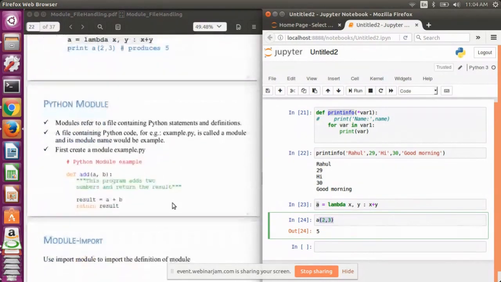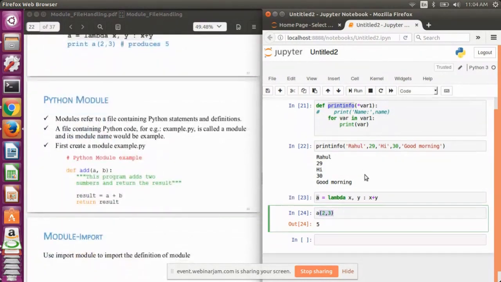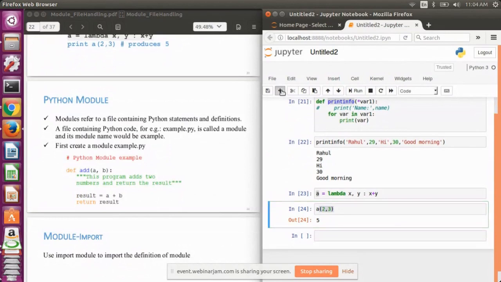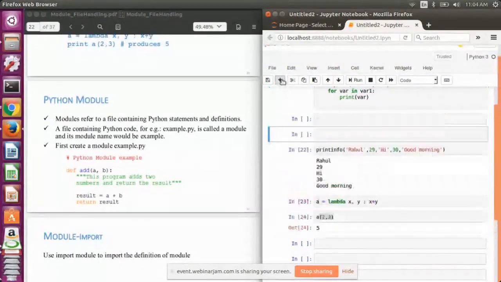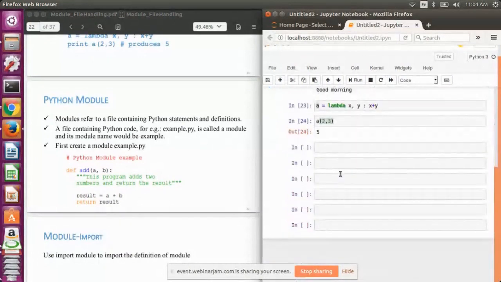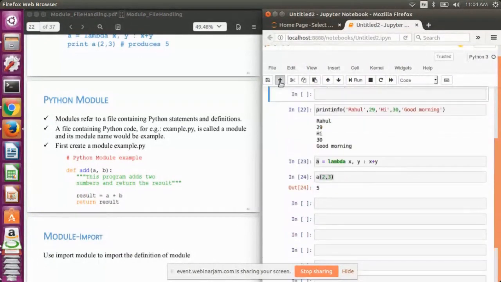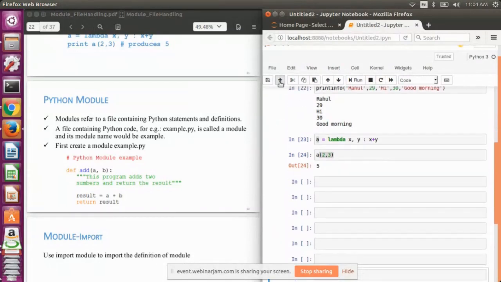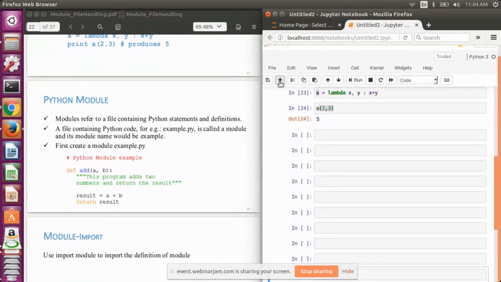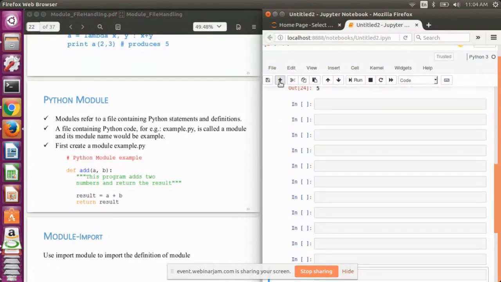Now the next thing is modules. What are modules? Modules are predefined libraries that we have in Python that we can use to perform some particular functions. And Python is popular because of this functionality only, that is, modules.